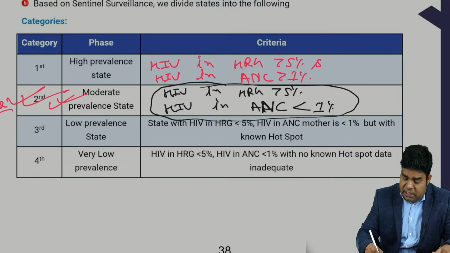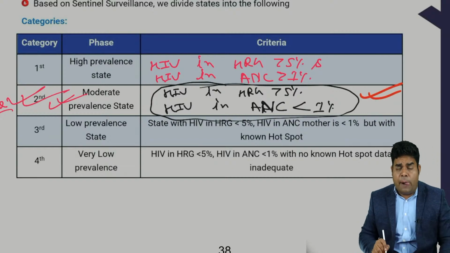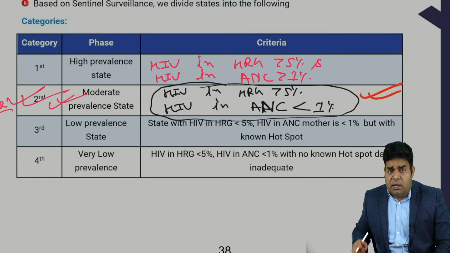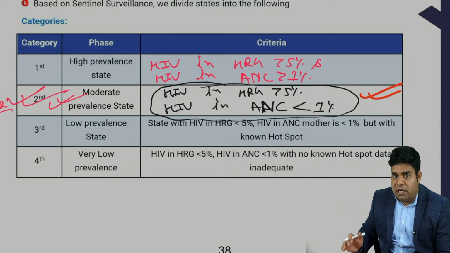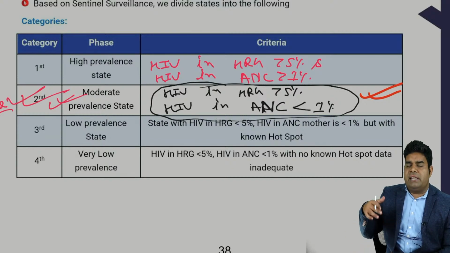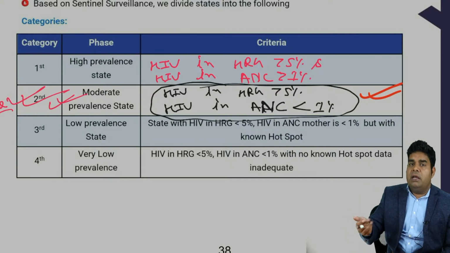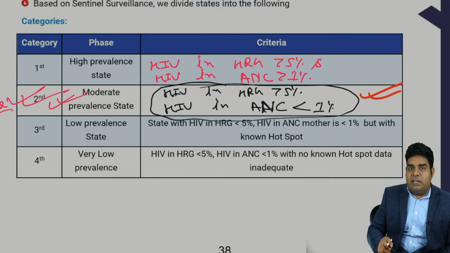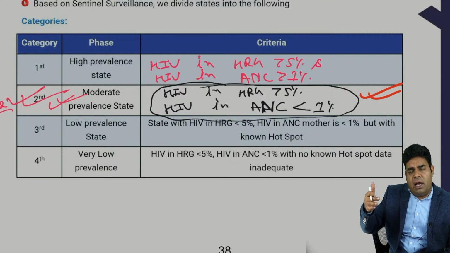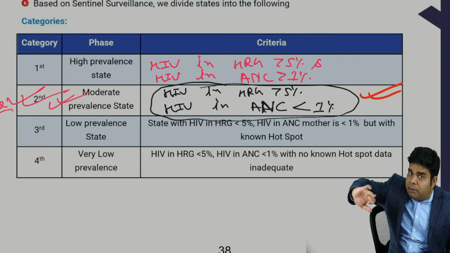Let me clarify this thing because it can get confusing under exam pressure. Which thing is more dangerous? If out of 100 sex workers, 6 are HIV positive, that is more dangerous. Or out of 100 pregnant women, 2 are positive, that is more dangerous. More dangerous is 2 mothers out of 100 mothers, because sex workers are in a separate part of society most